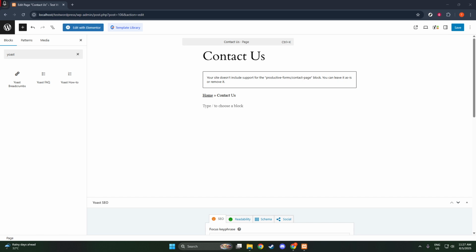This integration not only optimizes your site's navigation, but also enhances overall usability, keeping your visitors engaged and coming back for